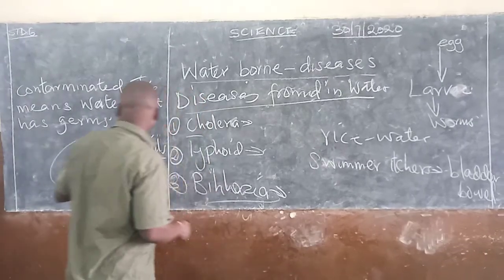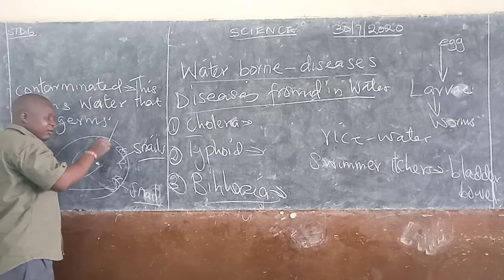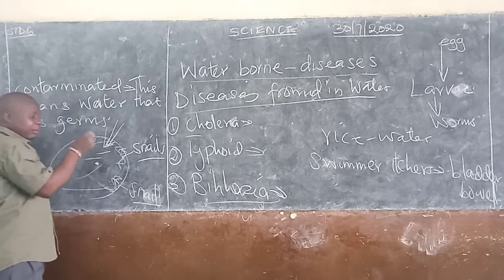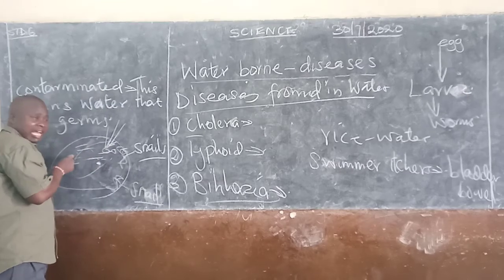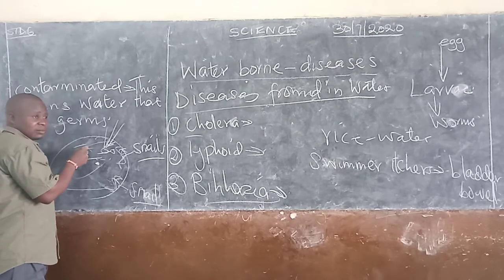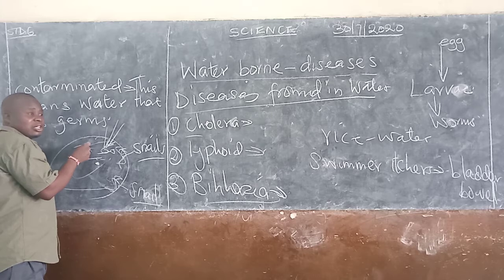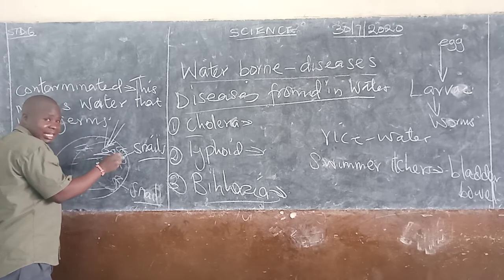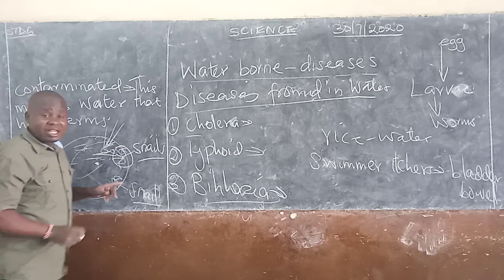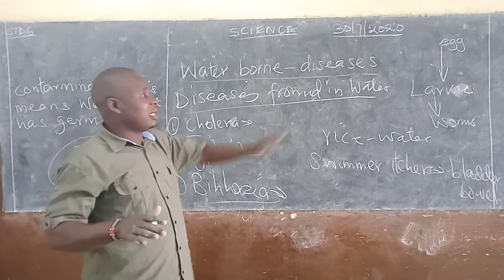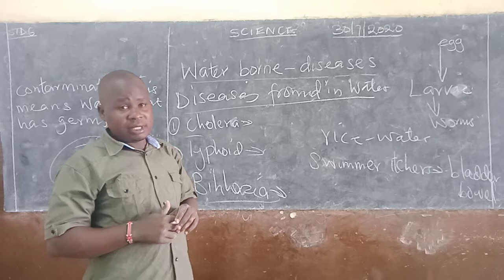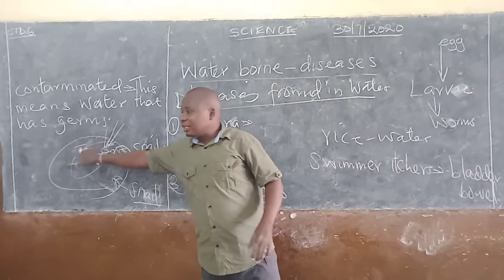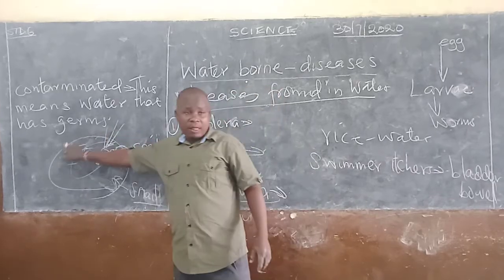Why? Because if the feces or the urine comes into this water, remember they have the bilharzia eggs, and these eggs are looking for a place to hatch, and they will go into the freshwater snail. And if the freshwater snail is not there, then automatically they won't hatch into larvae. Are you together? Yes. So that is why if there is stagnant water, make sure you kill the snails.